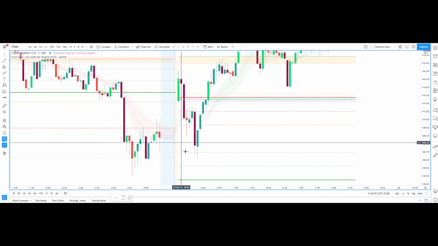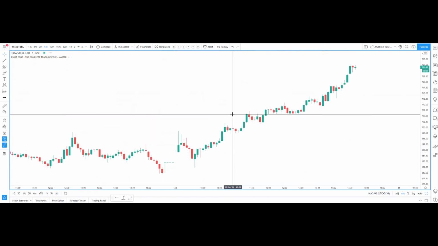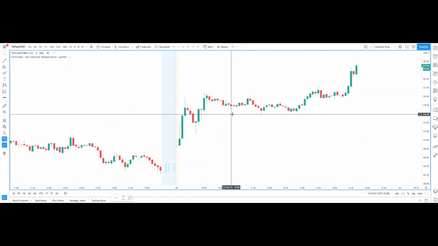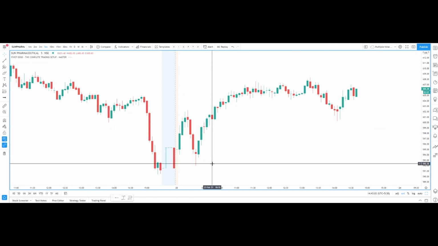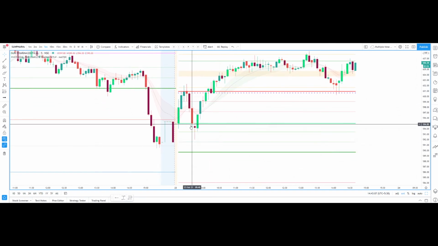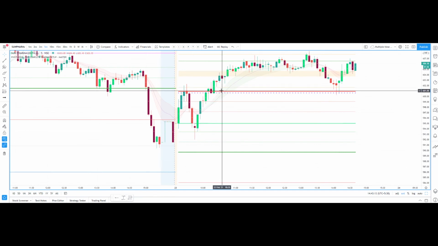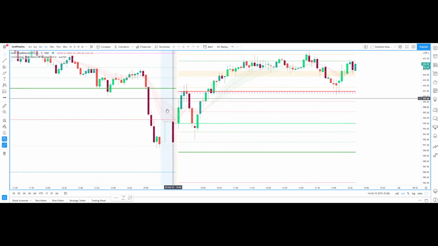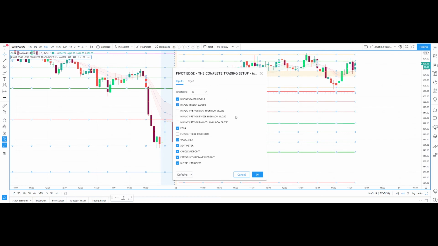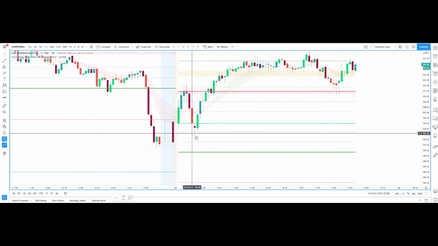You may think, okay, it is reversing out of nowhere. It is not like that. Even in the previous script, here if you see, it has taken support here. So when the range between the resistance and support is very wide, you need to switch on your hidden layers option, this option, then you will get a few more target levels. So based on these target levels you need to work.